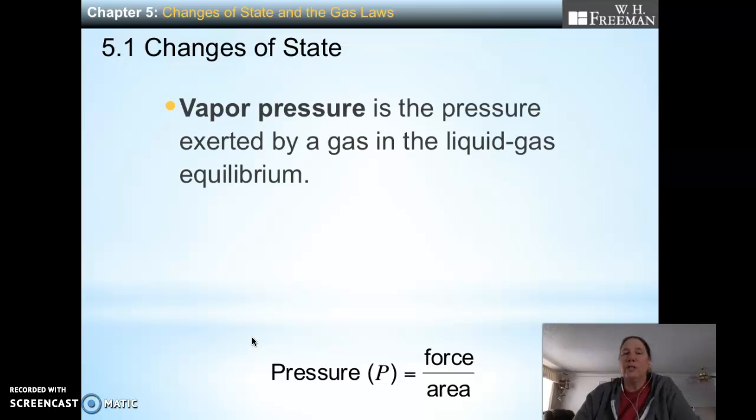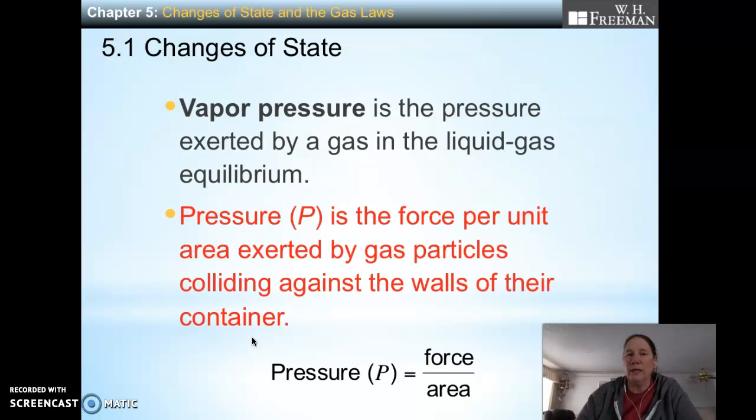Okay, so when you're changing your state, there's something called vapor pressure. There's pressure that a gas exerts on,